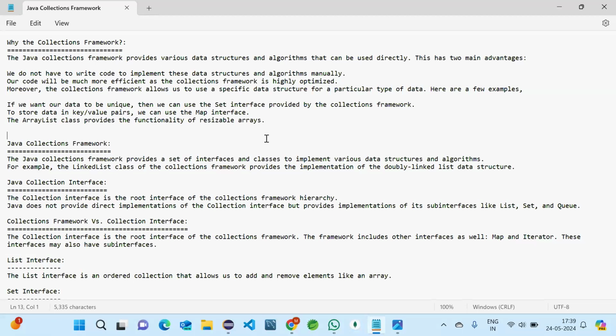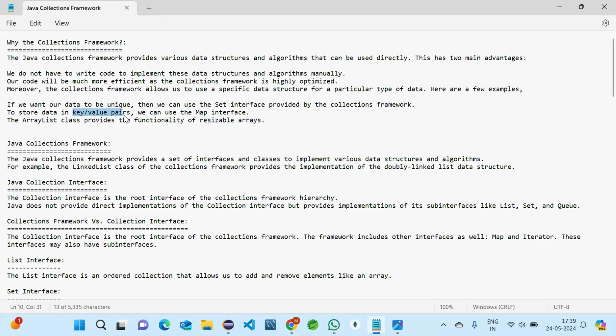Once we compile the program, we cannot change the size dynamically. That is the disadvantage. The collection framework gives the flexibility of dynamic arrays, which change size at runtime automatically. That is achieved using ArrayList specially. So for resizable arrays, we go for ArrayList.